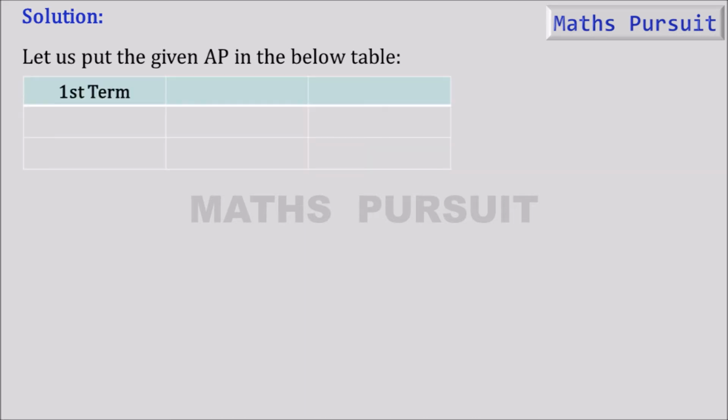Now, naming first term to first cell, second term to second cell, third term to third cell, and putting 2 under first term and leaving second term blank because this is what we are going to find out, and putting 26 under third term. Similarly, naming A1 to first term, A2 to second term and A3 to third term. Guys, we are naming A1, A2, A3 because this will help us while making our calculations.